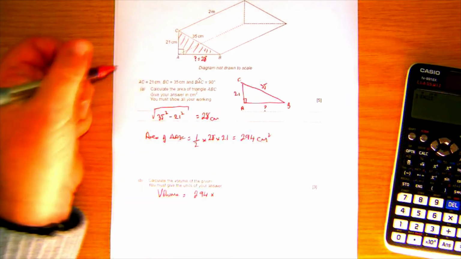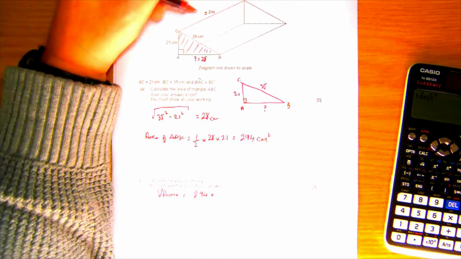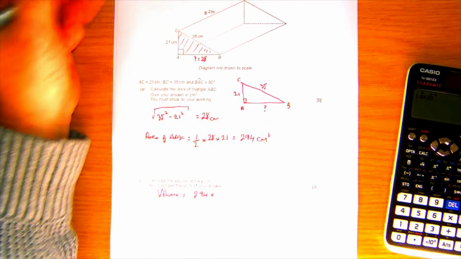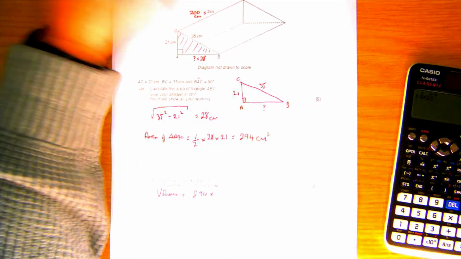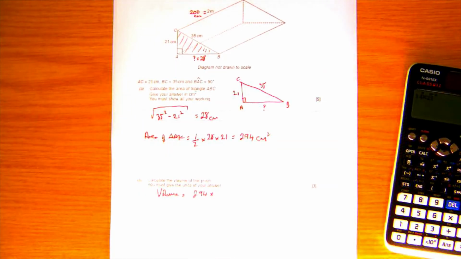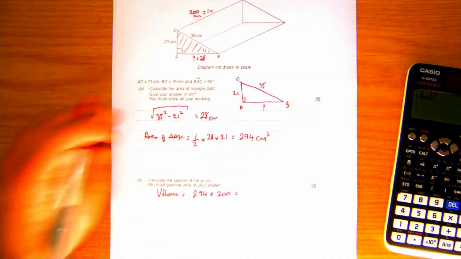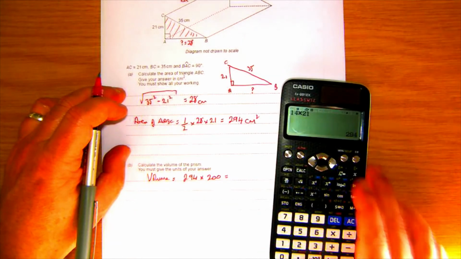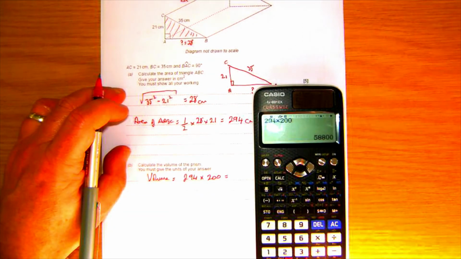Now in order to times it by the length, we have to have the units the same. So because I've worked that out in square centimetres, I've got to change 2 metres into centimetres, which you know is 100 centimetres in a metre. So we're going to do 294 times 200, which is